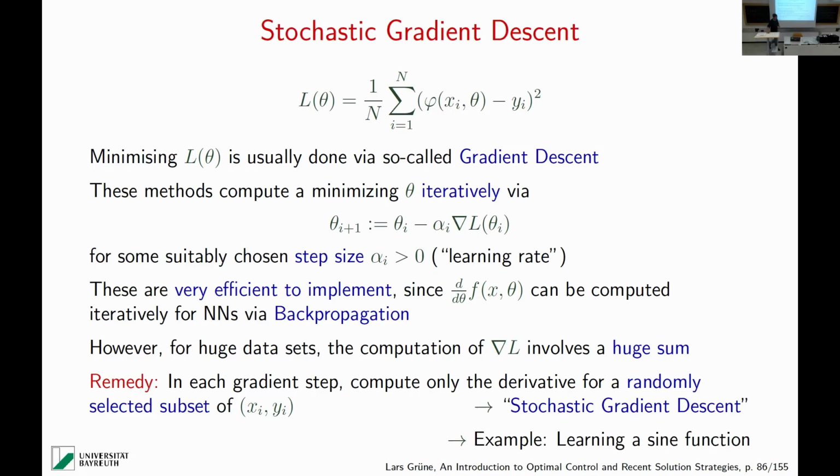And I have a simple example here for you where you can see how this runs. This is learning a function. It takes a few seconds to set up everything internally. Yeah, that's the data I provided. So let's make this big. These are the x_i's, these are the y_i's, and I guess you can easily see what kind of function I would like the neural network to learn. The x_i's are chosen randomly, and for the y_i's I just evaluated the sine function, I think sine of 2 pi times x.